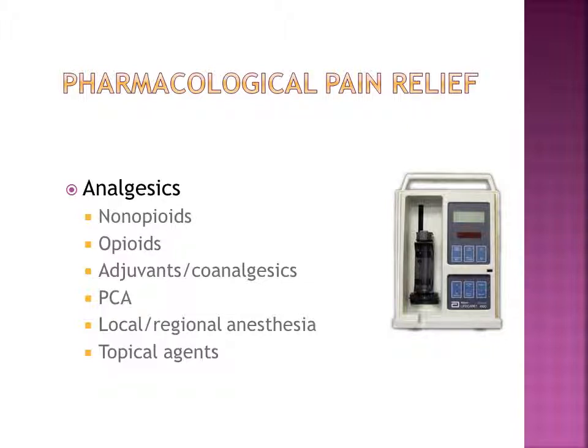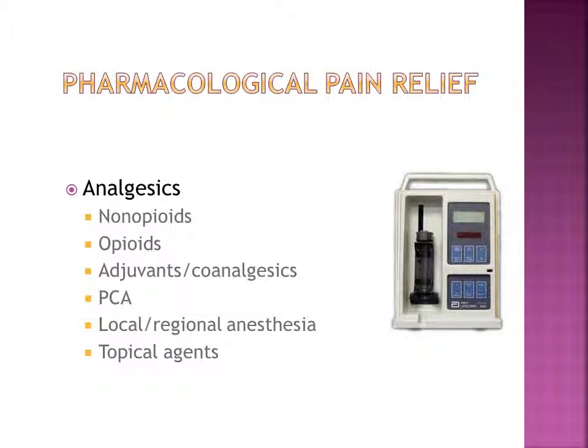Non-opioids will include acetaminophen and NSAIDs. Acetaminophen has no anti-inflammatory or antiplatelet effects, but it does have an effect on the liver, and its exact mechanisms of action are not really known. NSAIDs are non-steroidal anti-inflammatory drugs such as aspirin or ibuprofen, and these provide mild to moderate pain relief. Most NSAIDs will work on peripheral nerve receptors to reduce transmission of pain stimuli. Chronic use is associated with GI bleeding and renal insufficiency.